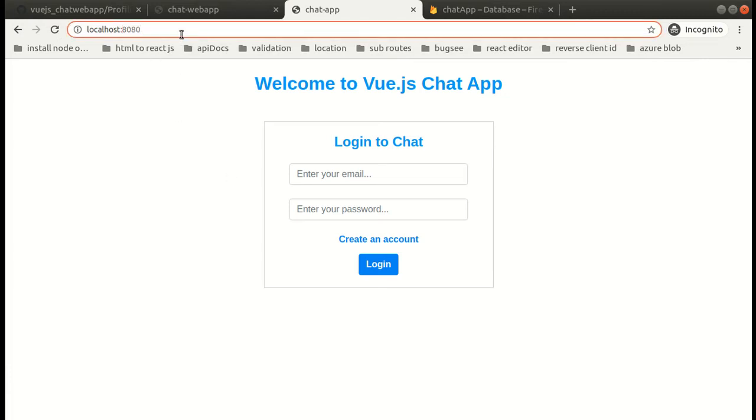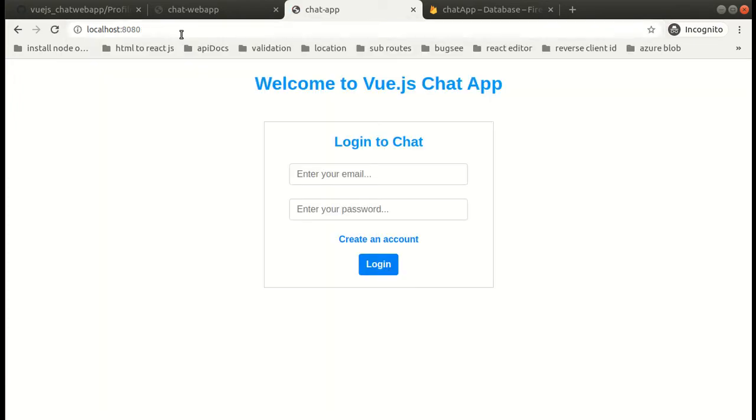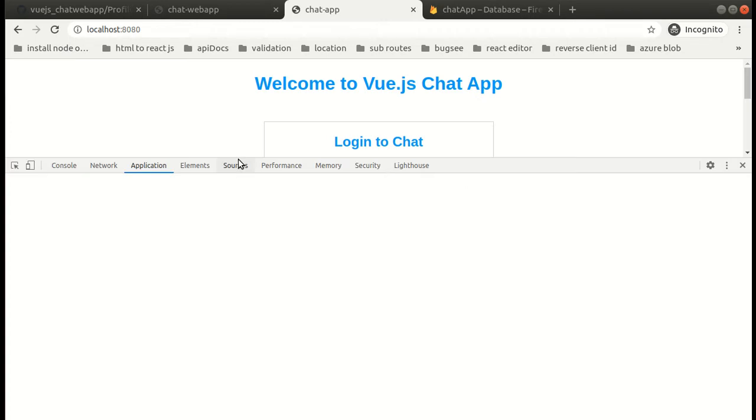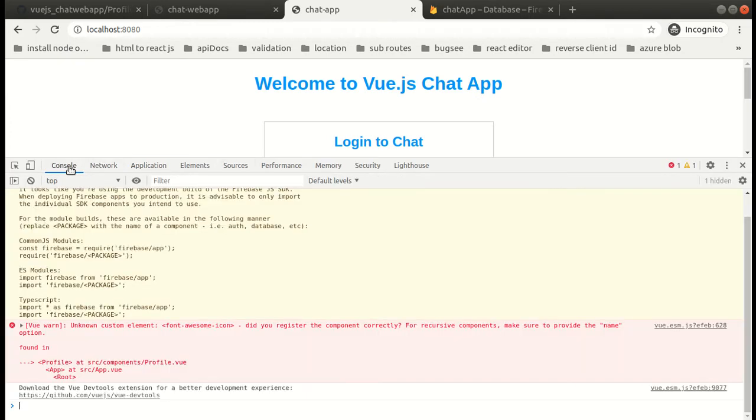Now just go to the profile page. Our condition is working that we have written in the created block. So let's log in. We were thrown out because, as you can see, there was no ID, no data in our local storage.